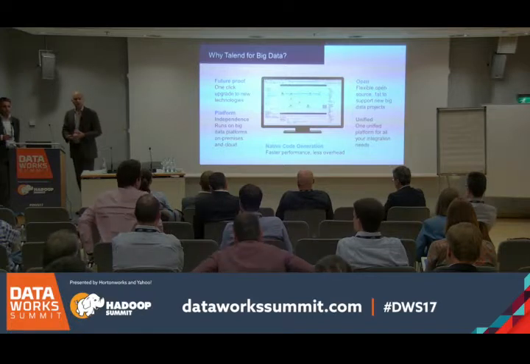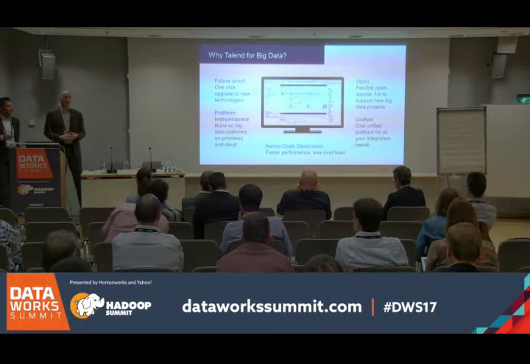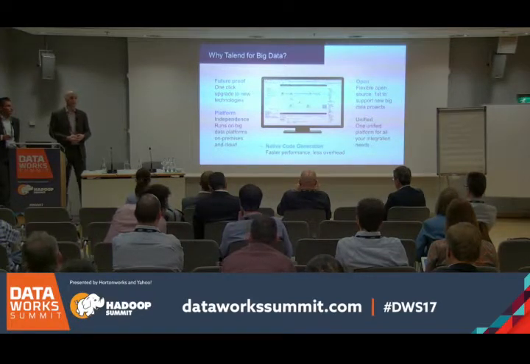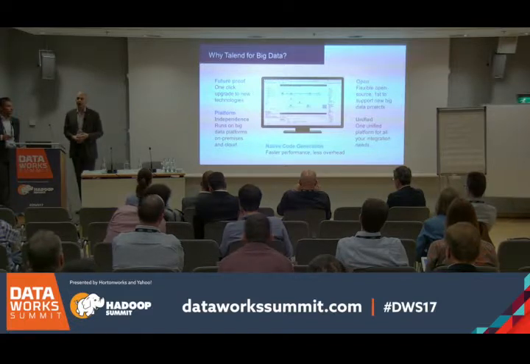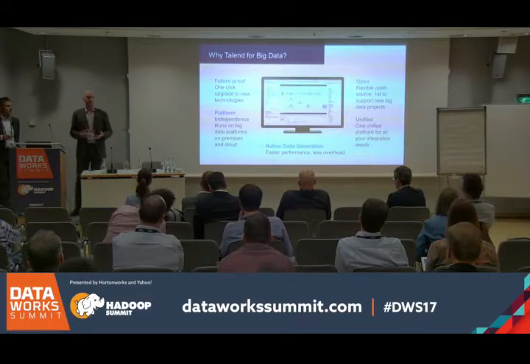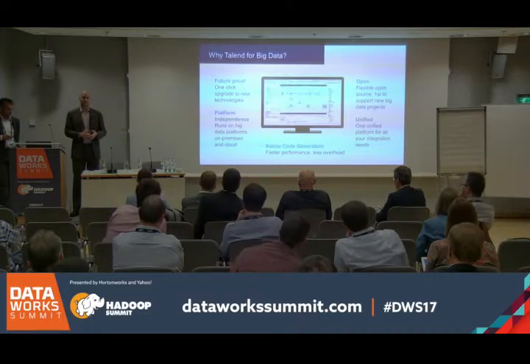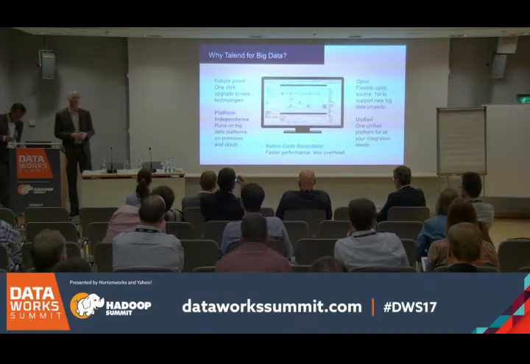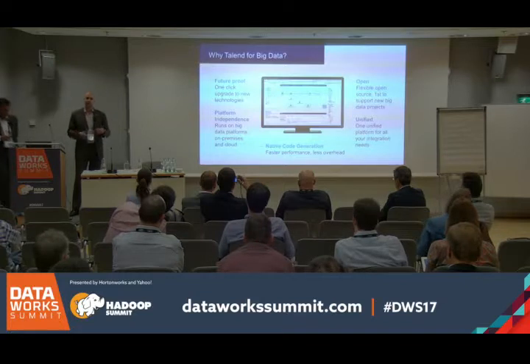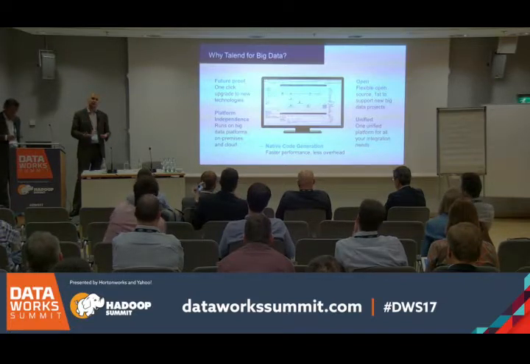With big data, it means that whatever will be the next framework after Beam, after Spark, that will be something that's being supported by Talend, and you can just use one click in an integration to change that, because Talend is a model-driven approach.